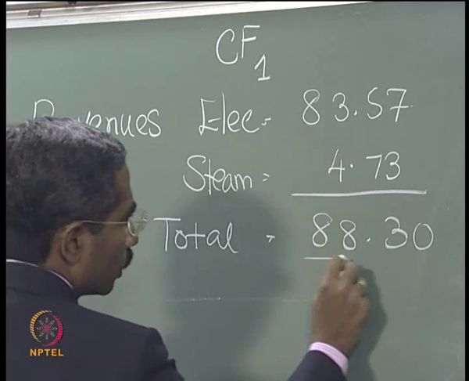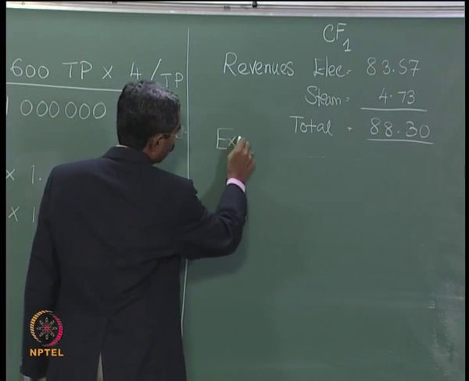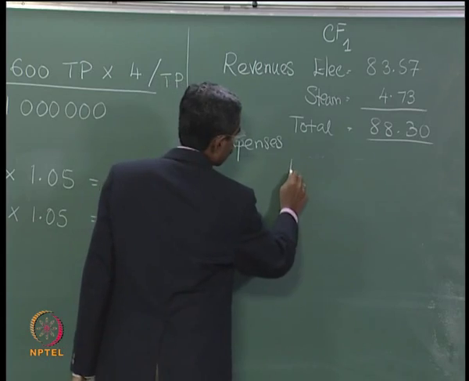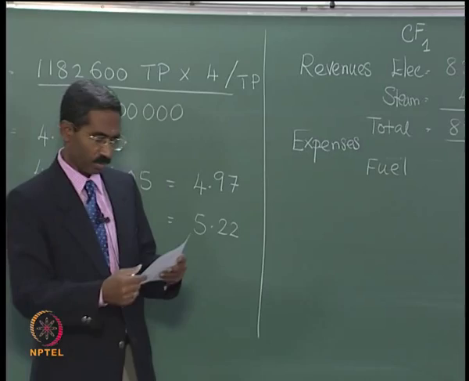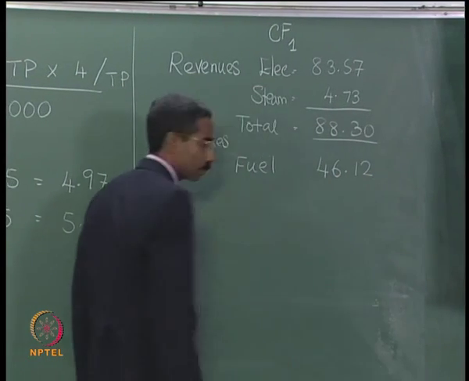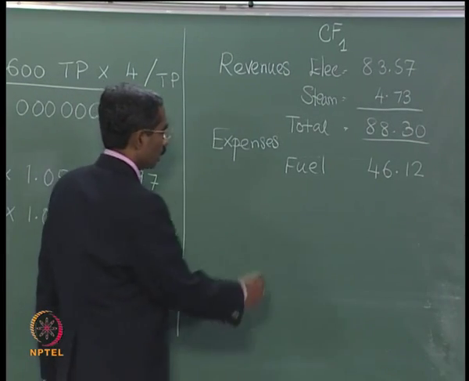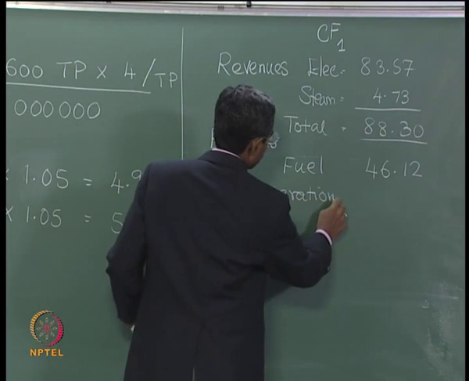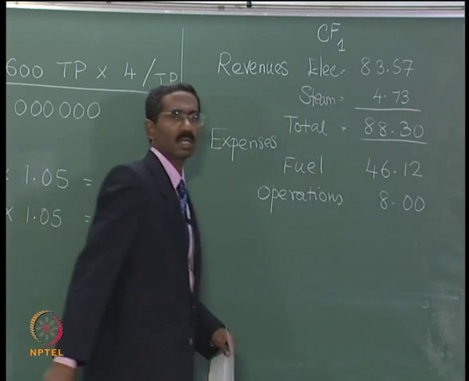And after arriving at the total revenues, we account for the expenses. So what are the different categories of expenses? The expenses will consist of fuel. Fuel in this case is natural gas, and the expense for natural gas in year 1 is estimated at 46.12. In addition, there are other expenses related to operations. The operational expenses, as given in the projections, are 8 million every year,